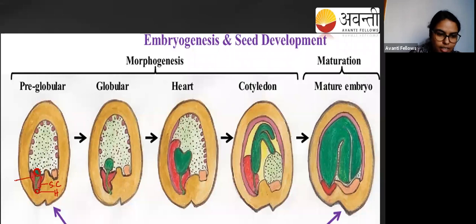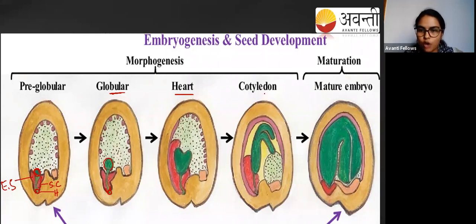The red colored cells are nothing but endosperm. Here the haustorium is absorbing nutrition from these red colored cells, and through the haustorium it passes to the suspensor cell, and from the suspensor cell to the embryo. So this is your globular shaped embryo. This is the heart shaped embryo. As you know, along with the embryo, even endosperm develops. The endosperm also keeps dividing and developing. Why? Because the embryo needs nutrition, so the endosperm develops. That is how it happens.